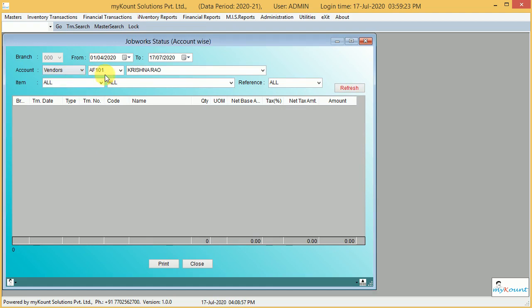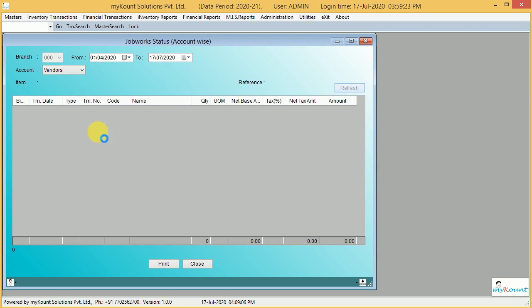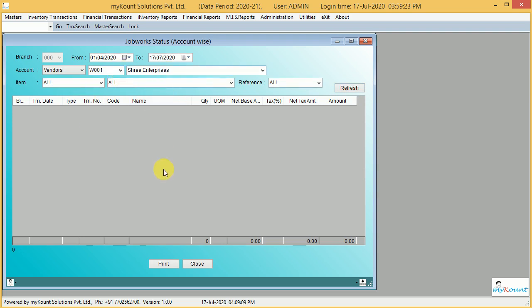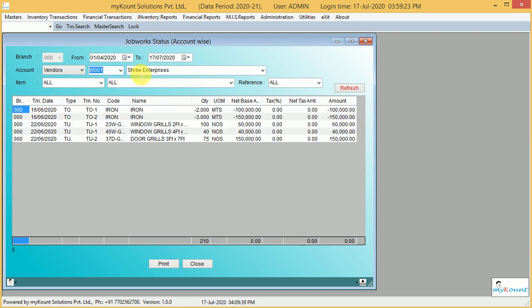Select the account, Sri Enterprise, based on the required account, so a particular account. So there are no transactions found for this vendor. Here it's a W2. See, this is the vendor account selection.